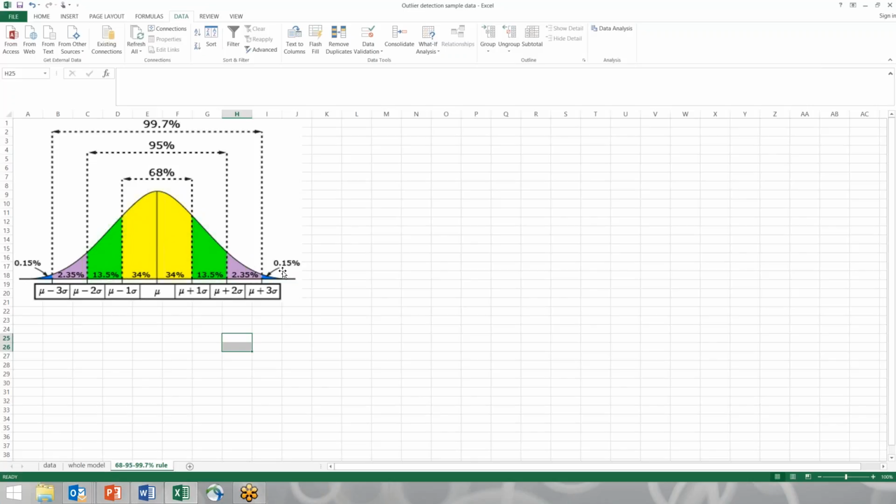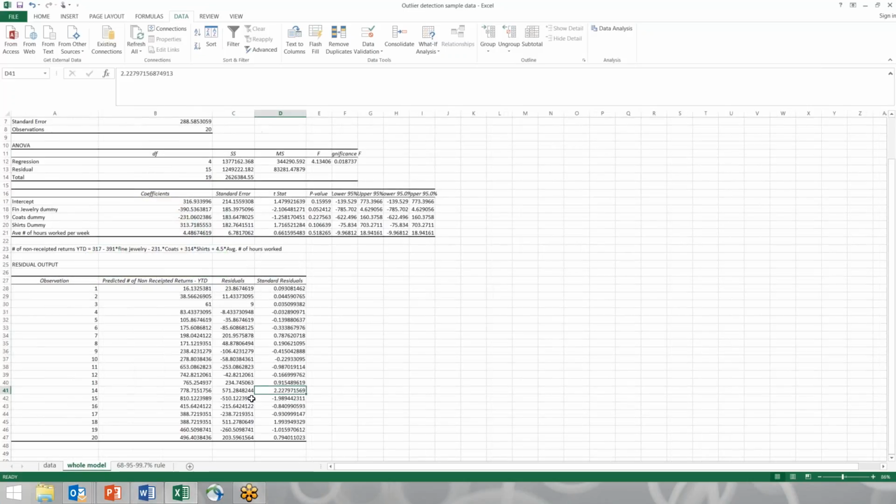So through this residual analysis, we identified that associate number 14 is indeed our suspect, but we also found another suspect that you probably want to take a deeper look at, our associate number 18, which we didn't find from our univariate analysis. So this is how we use multiple linear regression to identify